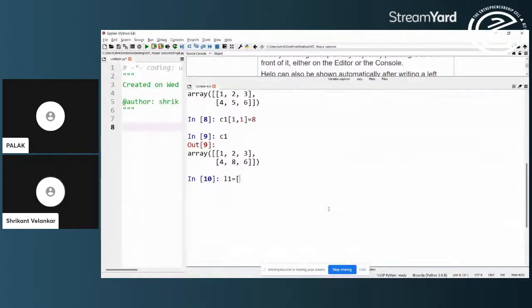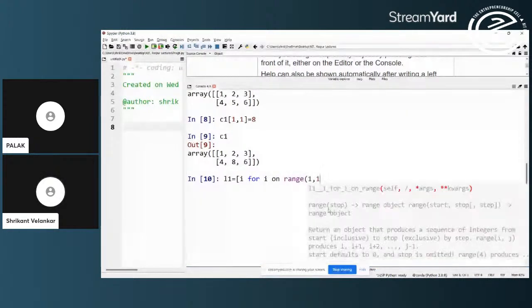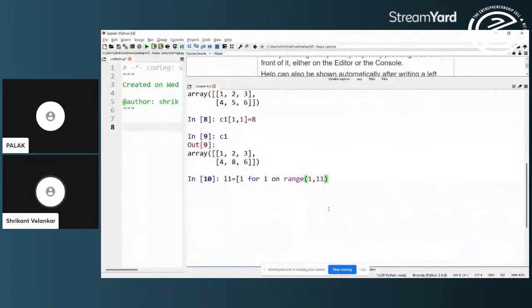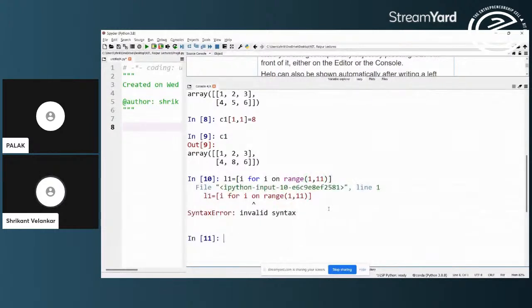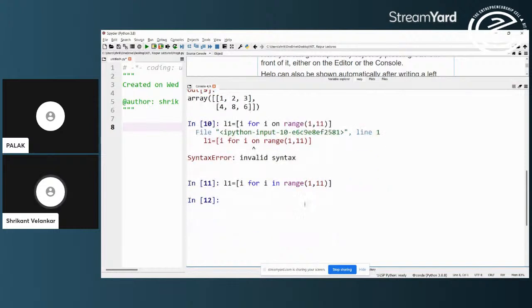I will say i for i in range 1 comma 11, which will create a list of 1 to 10 with a single comprehension.